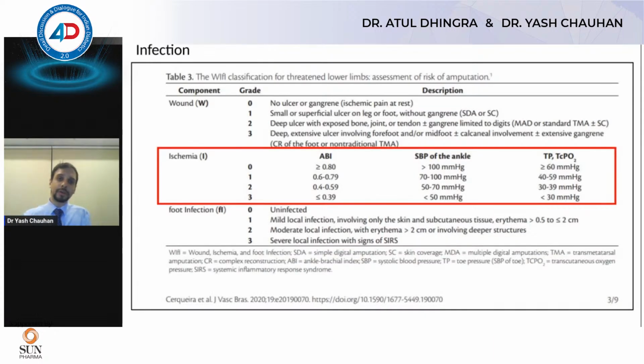And when we're talking about classification from an ischemia point of view, we always use the WIfI classification to portray what sort of ischemia there is. Whenever a patient presents with an ulcer, it is extremely important to do an ankle brachial index. Ankle brachial index is calculated by the blood pressure of the lower limb divided by the blood pressure on the higher of the two upper limbs. That's important to do because that gives us an idea for further investigations which we should be doing, and gives us an idea of what actually is happening with the peripheral artery, right?